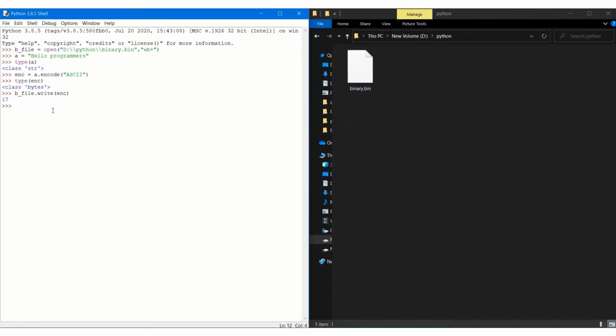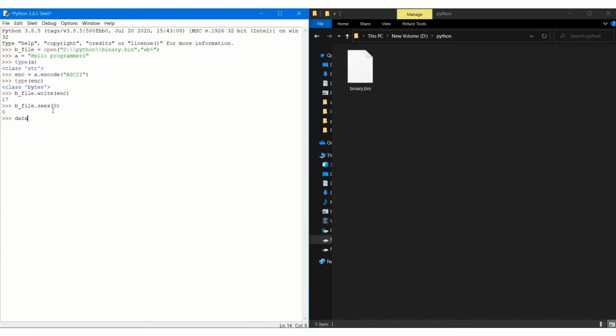After performing all those operations, our file pointer is at the end now. In order to read the file data, we have to pull our file pointer to the beginning. For this purpose, we will be using the seek function as I have discussed in my previous videos. So let's write our file name dot seek to the 0th position, which means the beginning. Now let's read our data.